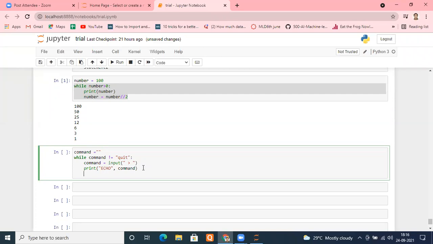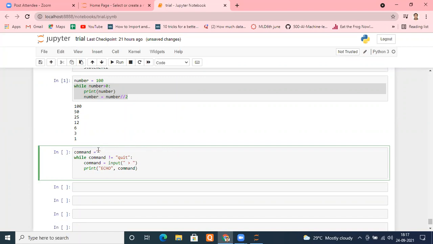So one more command input, why? Why are you asking here? Here we will enter quit, and immediately the command will become quit. How will it run?